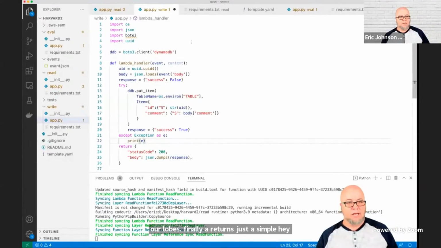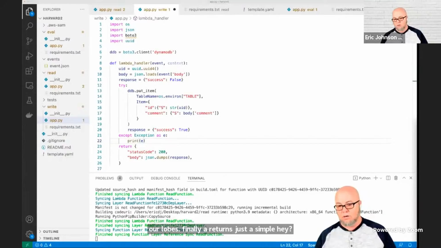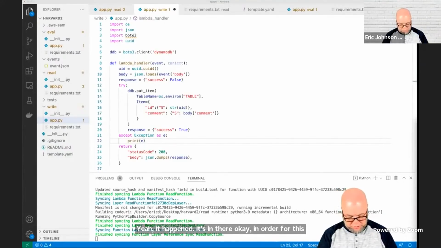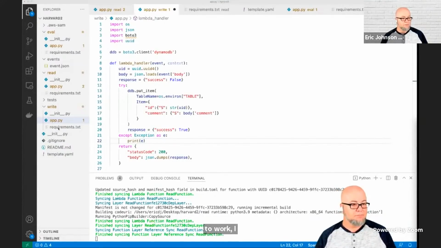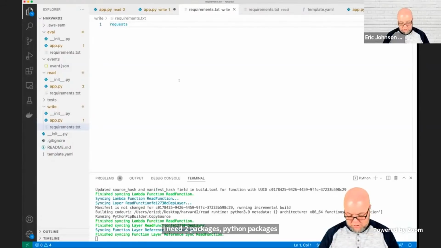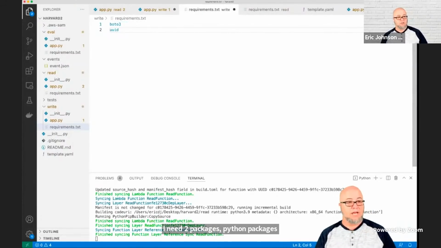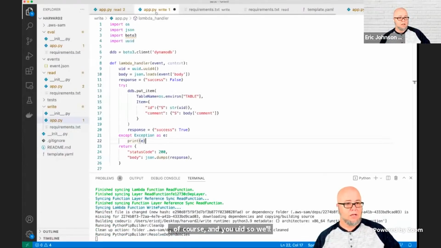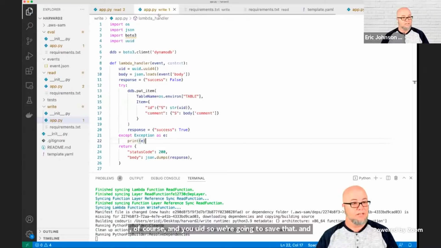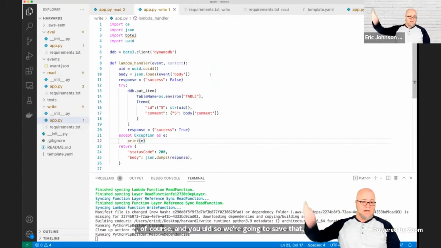It's in there. Okay. In order for this to work, I need 2 Python packages. These are Boto 3, of course, and UUID. So we'll go ahead and save that. And then we'll save this. All right, so